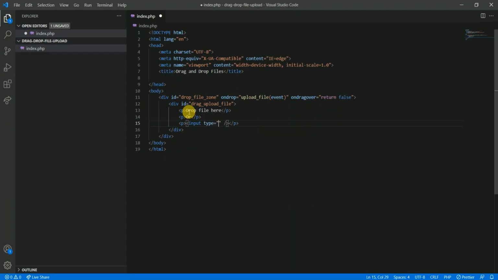Type equal to button, value will be select file, and on click.